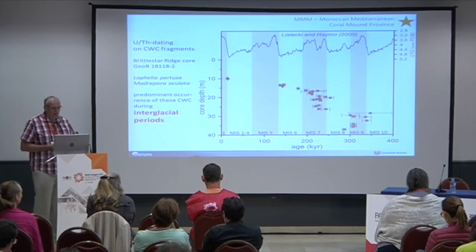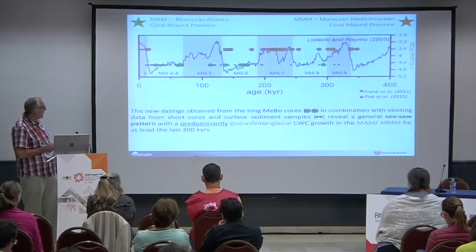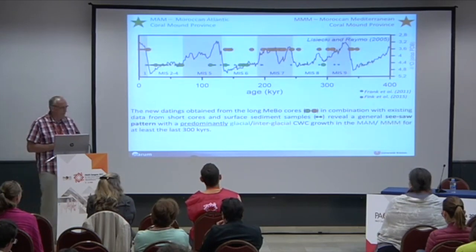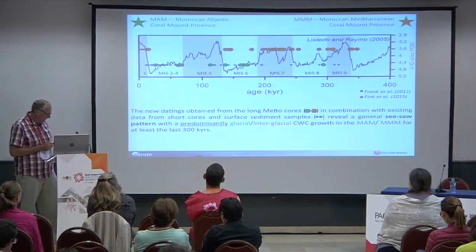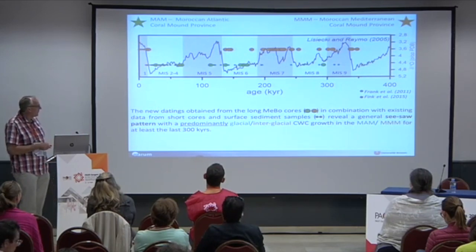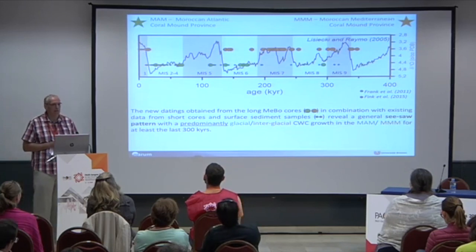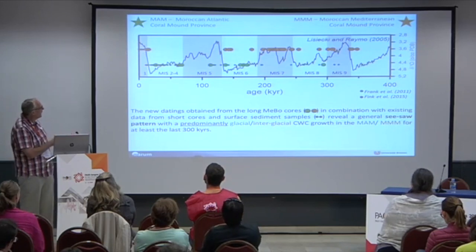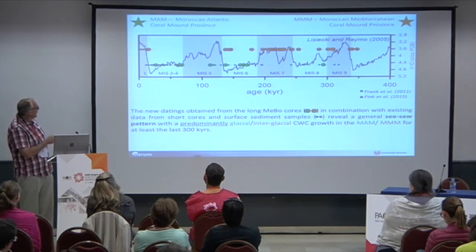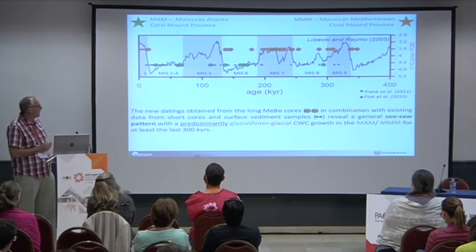So, but then we have, as I already mentioned in the title, this kind of seesaw pattern, and that's a bit more amplified, or more clearly shown here. And here you also see some older data. That's all the small dots from short cores and surface samples, and so far from the Mediterranean we only had Holocene ages, but now we have, and we set up the hypothesis that they are limited to interglacial sections there,